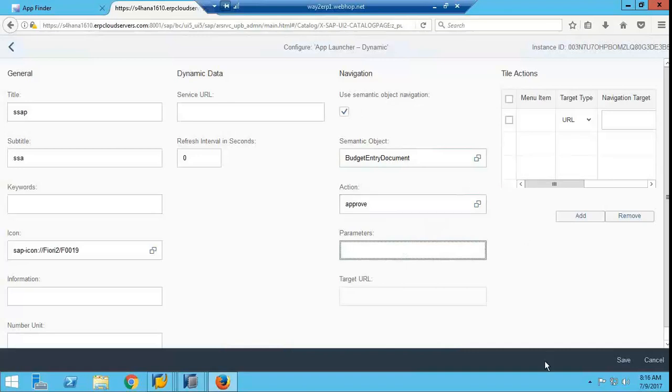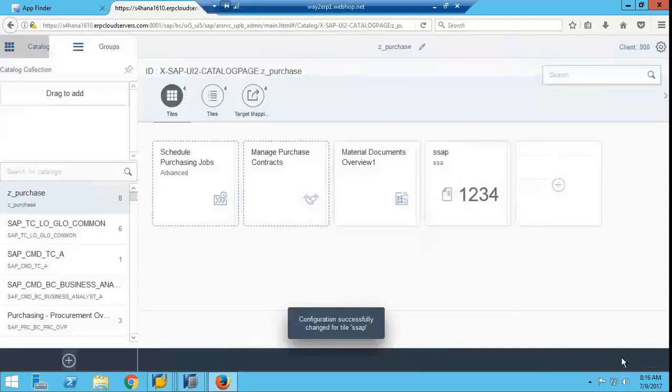Okay, now after doing everything, you have to save. See, one tile got created.